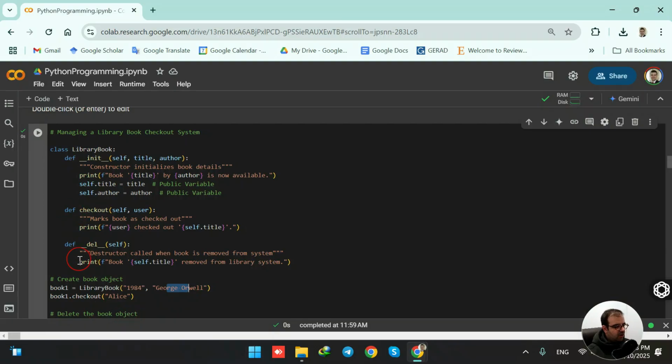Then I would like to call the checkout function. In order to do that, I use the same object that I created for this book, and I put a dot, and then the name of the function is written here. And then in parentheses, I have the name of the user who actually took this book. For example, Alice took the book called 1984 by George Orwell. Okay, so this function is called. Whenever this function is called, this message is shown saying that Alice checked out